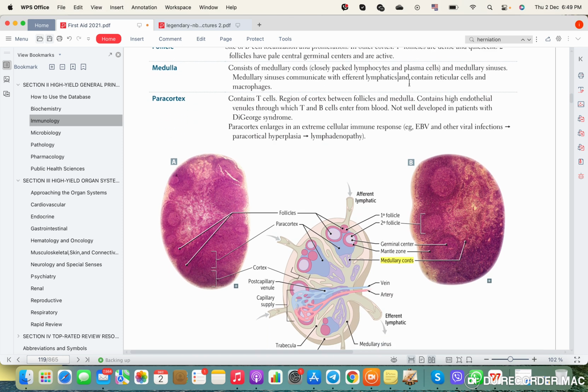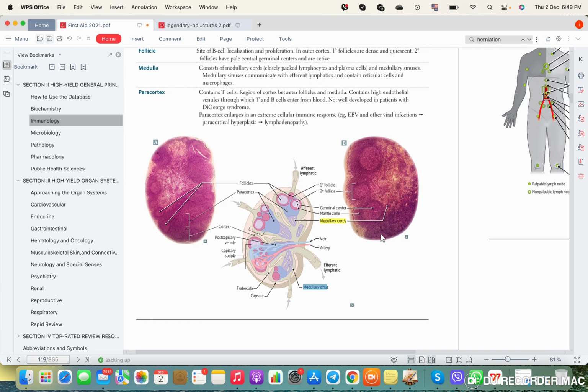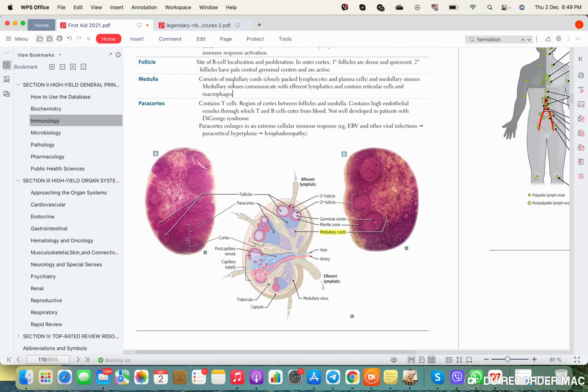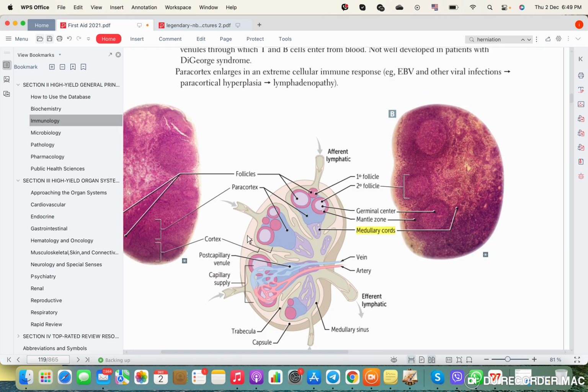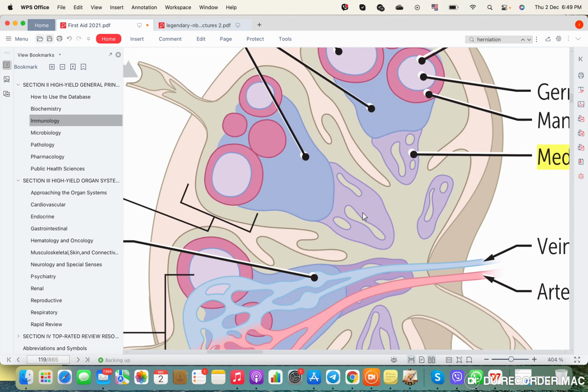Yes, and so yeah, the medullary sinus, which are these guys, are connecting the efferent lymphatics, as you can see, with what they say. They are connected with the reticular cells and macrophages. So this is actually important. They are trying to tell you the location. Yeah, actually a good way to think about it. So they are trying to tell you that, remember that